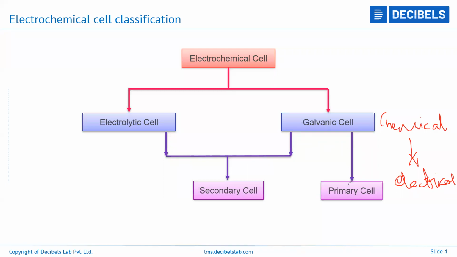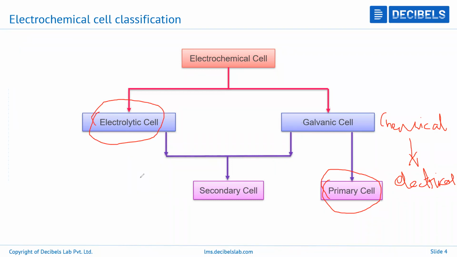So basically it produces electrical energy from the stored chemical energy, and hence it is also called a primary cell. A primary cell is basically a non-rechargeable cell, which can only be used once. A very simple example would be your Duracell battery, or your everyday cell, which is used in your TV remotes or clocks or watches, or simple devices like calculators and blood pressure monitoring instruments. Your cell is not rechargeable, and it only produces a certain limited amount of electrical energy. And an electrolytic cell, on the other hand,